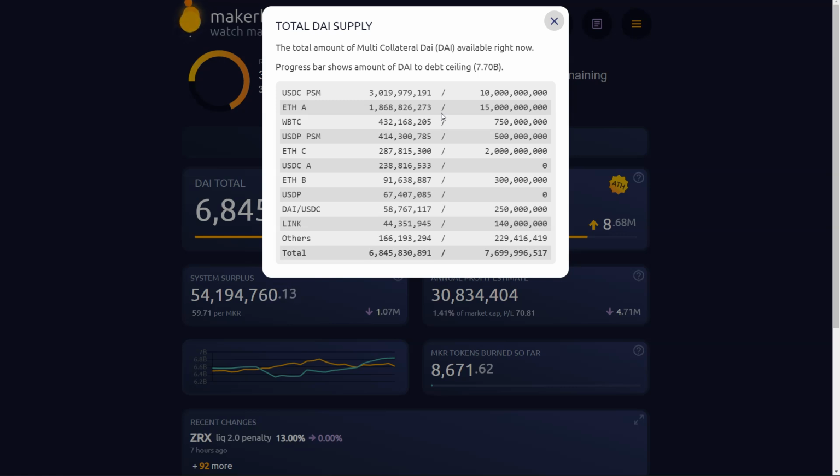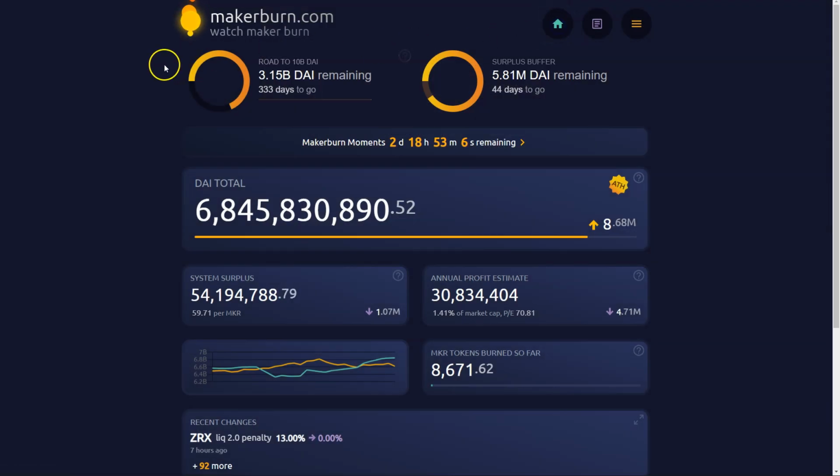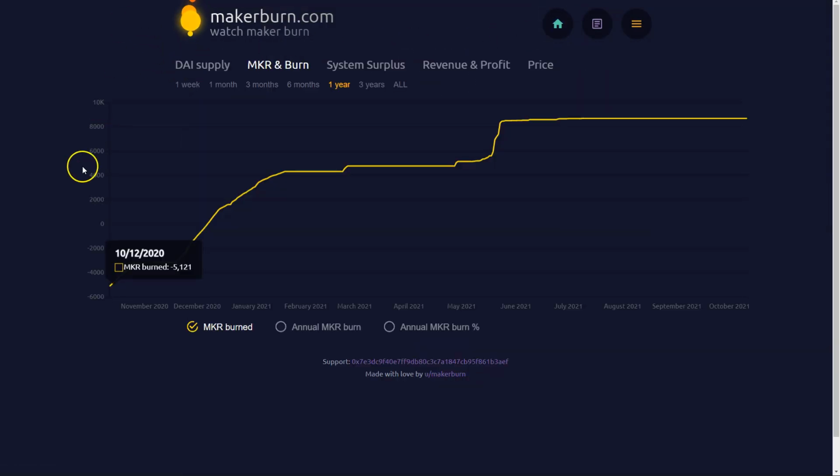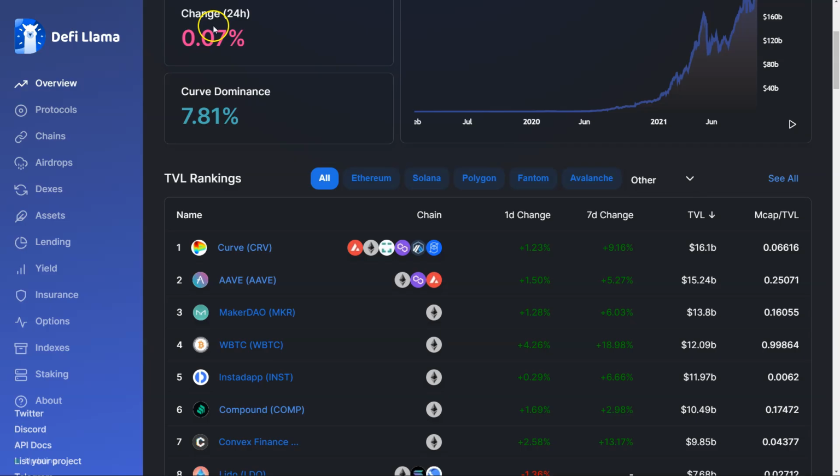There's a regulatory issue here with USDC being on Maker. If USDC becomes under attack, Maker has a weakness here. There's all sorts of give and take, yin and yang, with USDC involvement or not, but it certainly has helped stability over the past year plus. The Maker burn mechanic, though, has kind of slowed down since mid-year, and that has certainly been felt in price, I think. If you look at when this is being burned versus price, it pretty clearly has a positive correlation there. So if you're bullish Maker, you definitely want to see the burn mechanic start kicking in more and more to help price out a little bit.